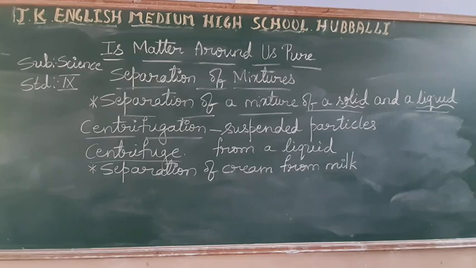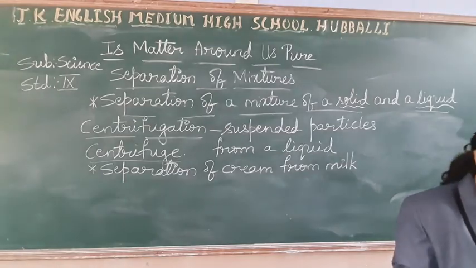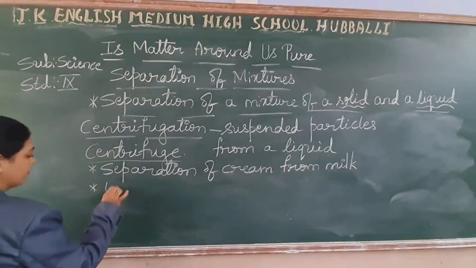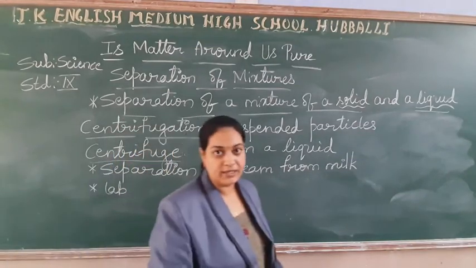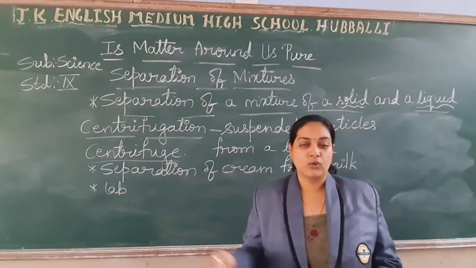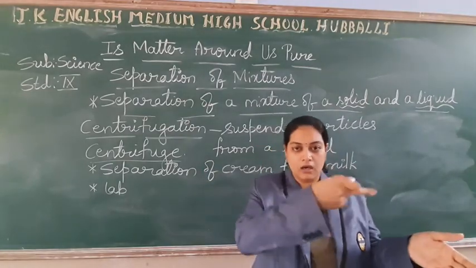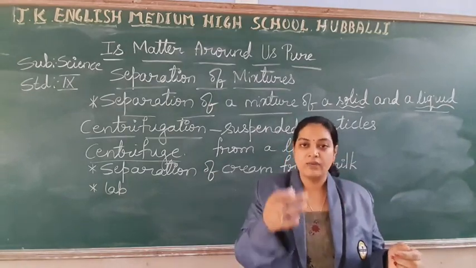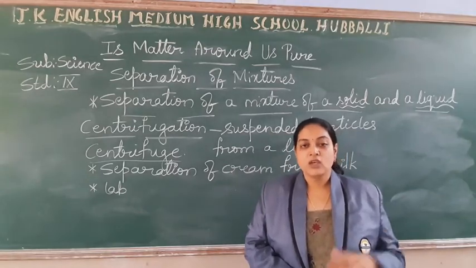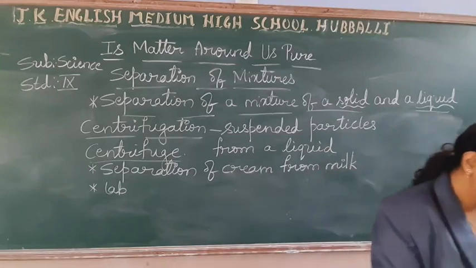Yes. Not only this separation, there is one more application of centrifugation: it is used in the laboratories. Why will they use it? To test urine and blood. You might have seen it if you enter a laboratory. They have one machine, round shaped, which rotates fast so that it can suspend the solid particles, which helps to identify them. So to do the tests in the laboratory, they use the centrifugation method.